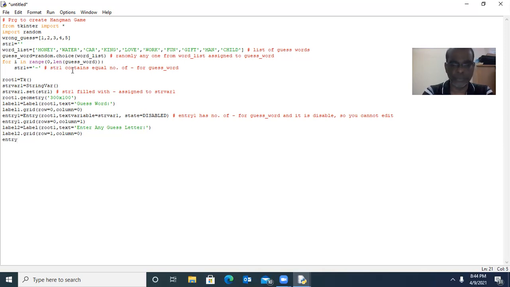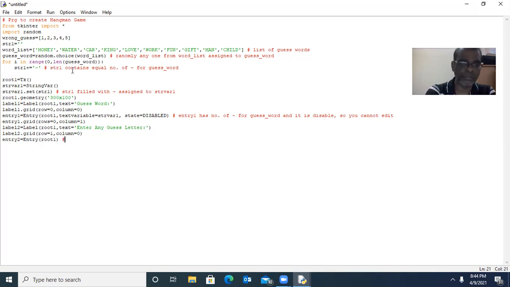Then we need one more entry, that is entry 2. That should also be placed over the top level window. Here I think there is no need to type text. So leave it blank. That's all.